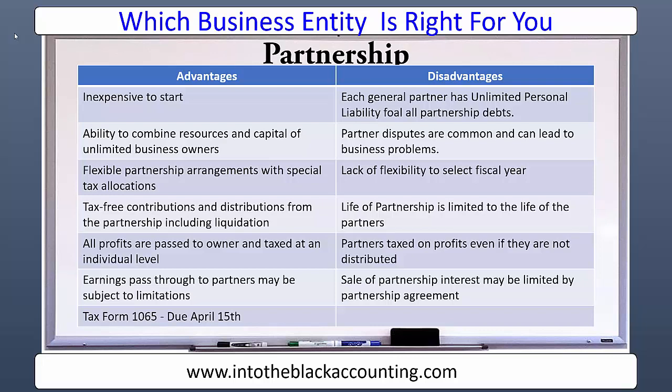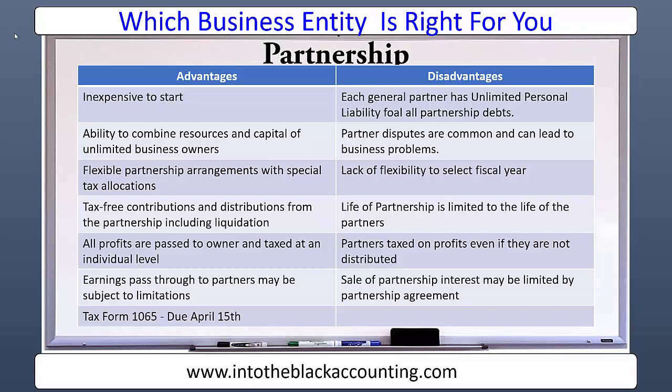Tax-free contributions, distributions, that's what we just said. All profits are passed to the owner and taxed on an individual level. So the partnership actually creates a 1065 tax return. Things come out and the business owners, the partners, are taxed on their personal tax returns. There may be certain limitations based on the amount of earnings, the pass-through earnings to the partners may be subject